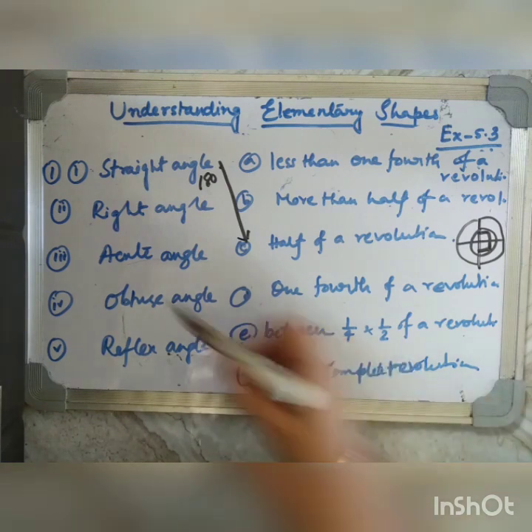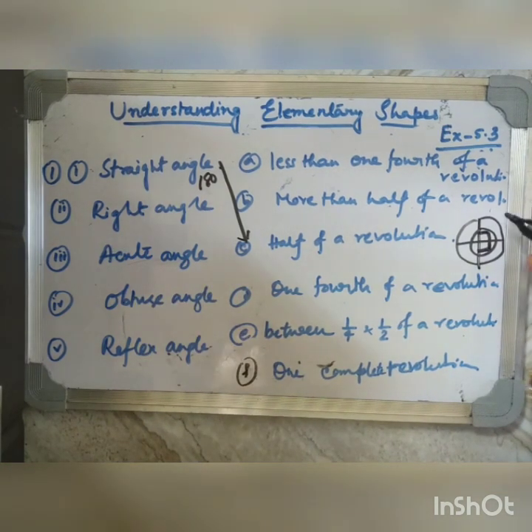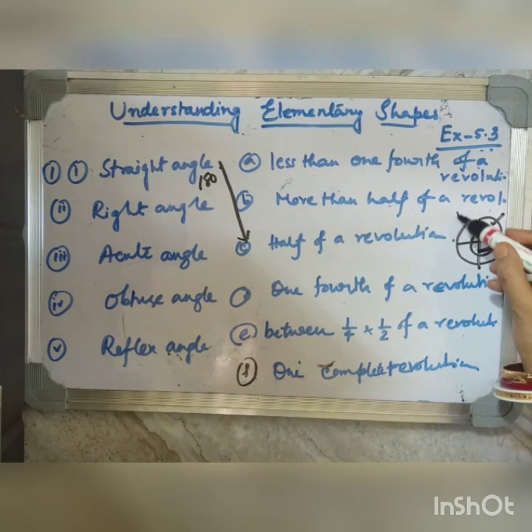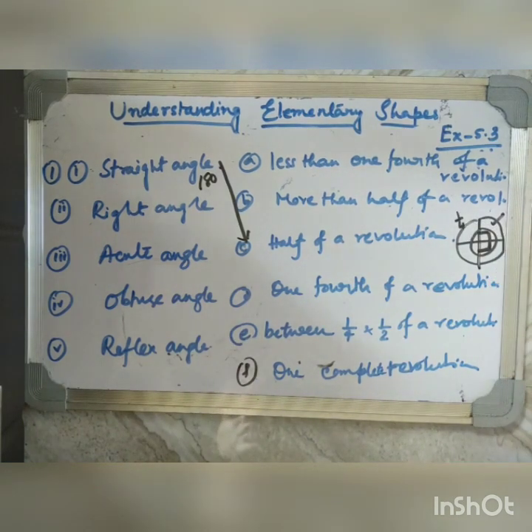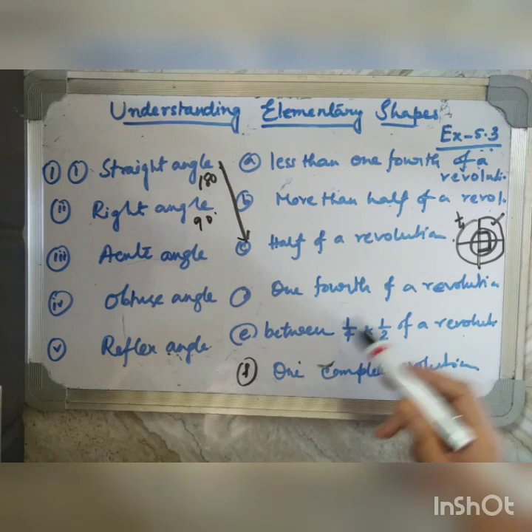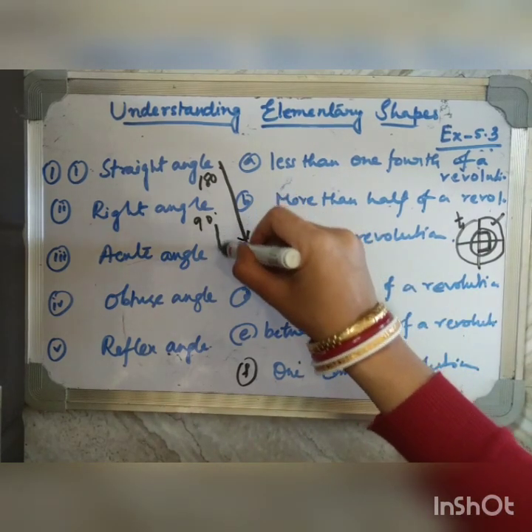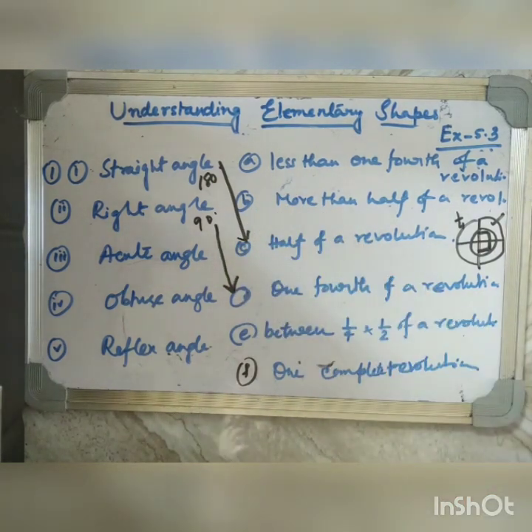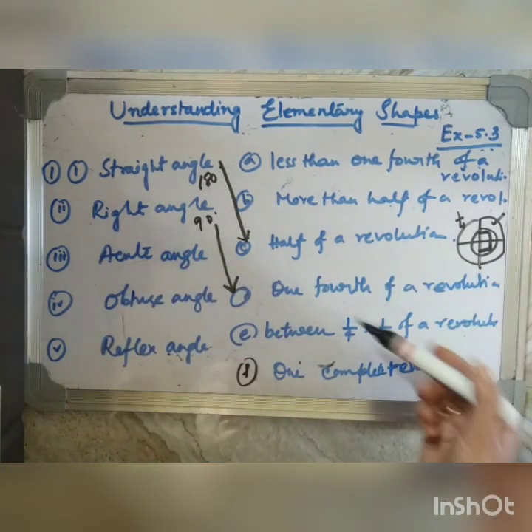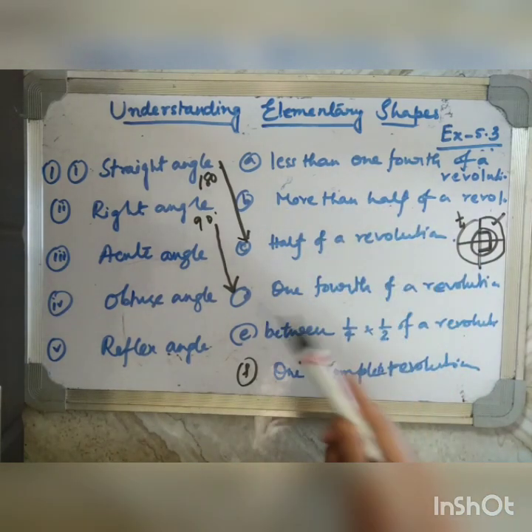Okay. Now right angle. Right angle means, as I said, any one of the parts will be considered as 1/4 of the whole revolution. Right angle means 90 degree. So let's find it: 1/4 of the revolution means option D. So question number 2 of column 1 will be matched with option D of column 2.